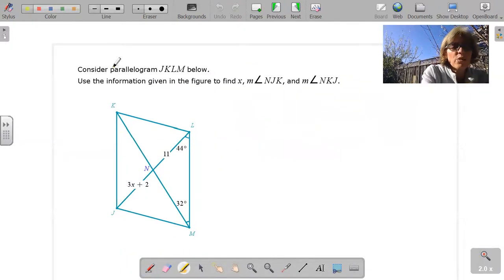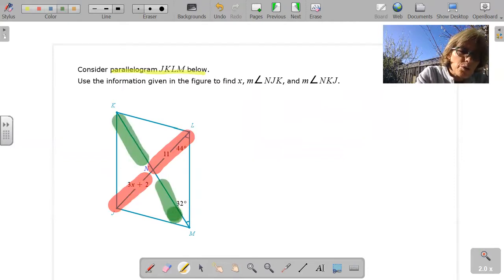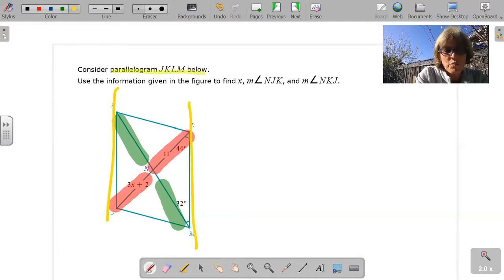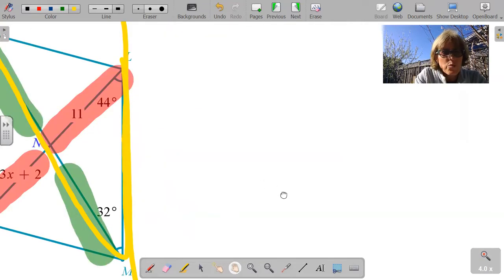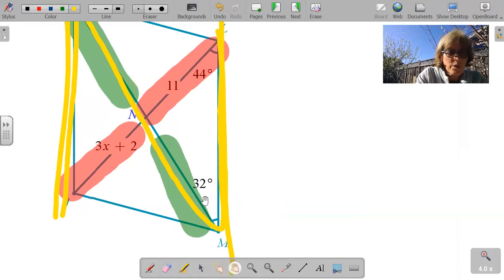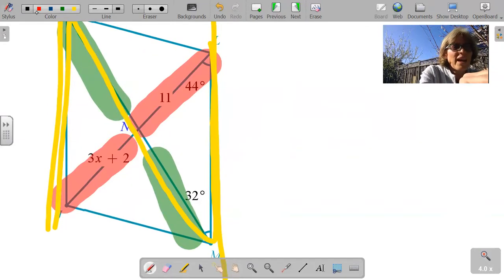If below is a parallelogram, it's important to mark what you know is true. What you know is true is the diagonals bisect each other, which means these two red segments are equal. These two green segments are equal. And of course, you have parallel sides, which means you need to watch out for armpits of the Z going both ways. So right here, if we wanted to solve for x first, we would simply say that this segment here